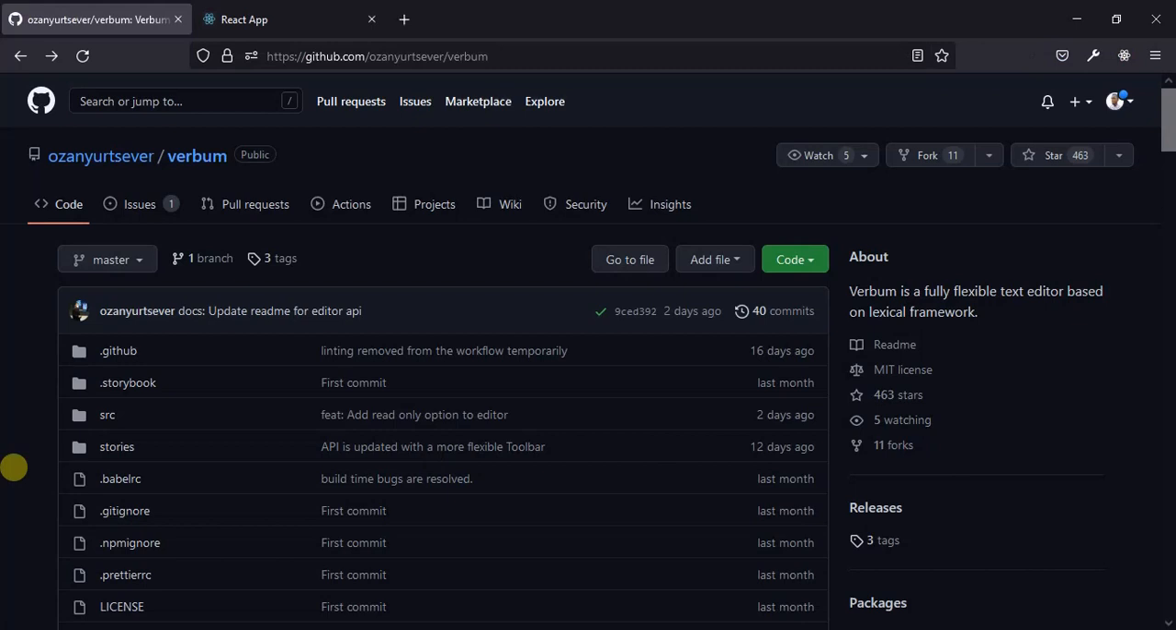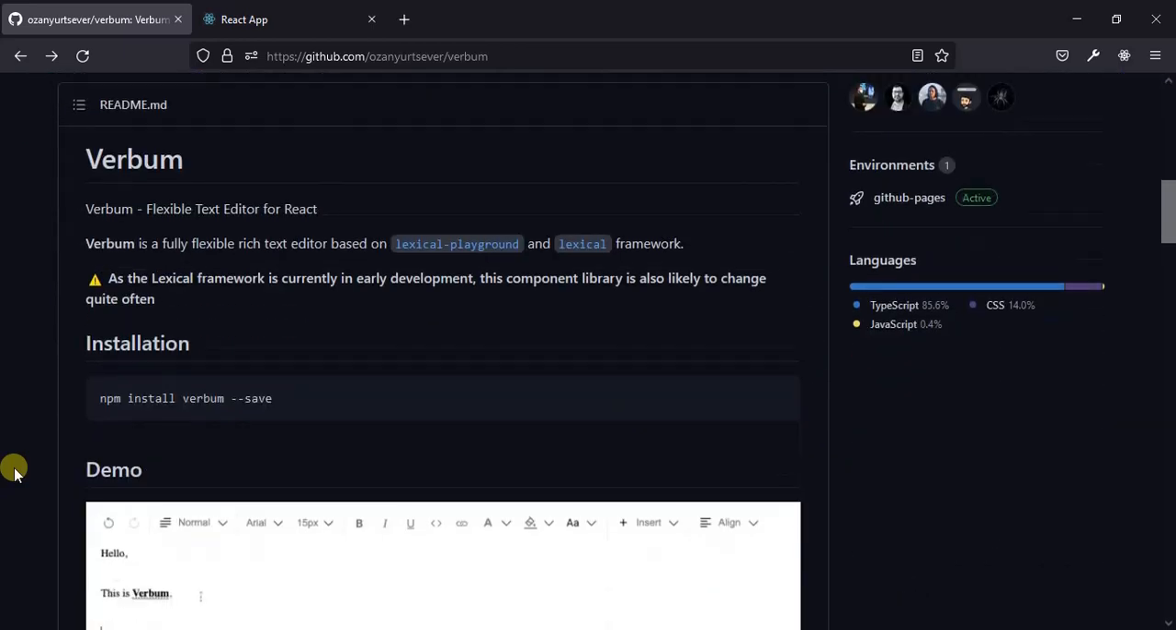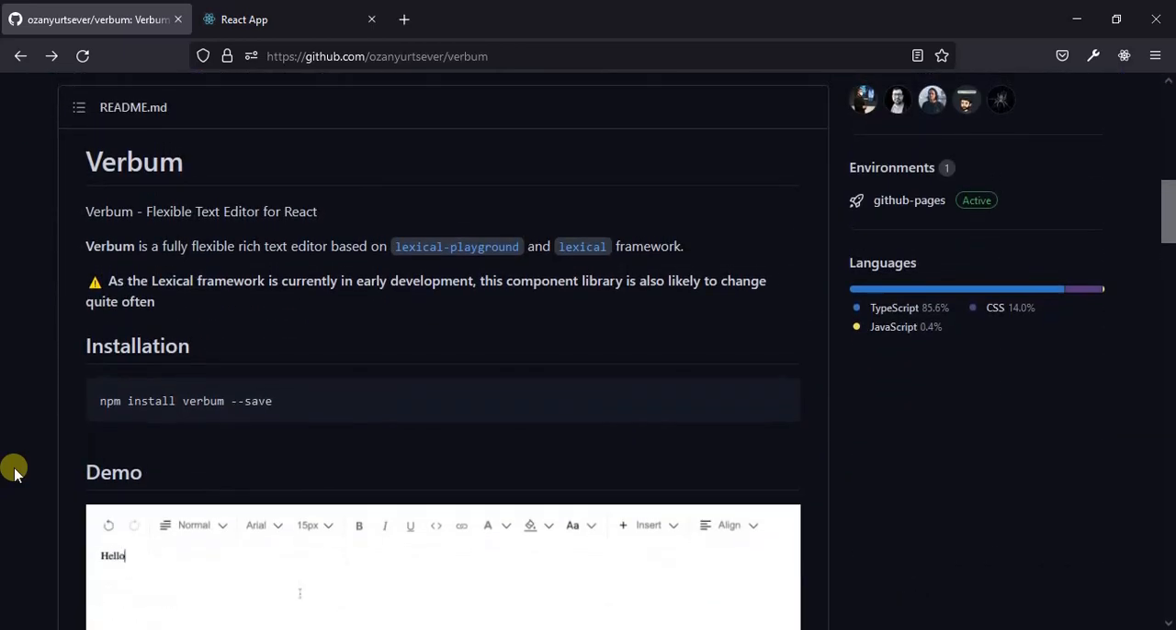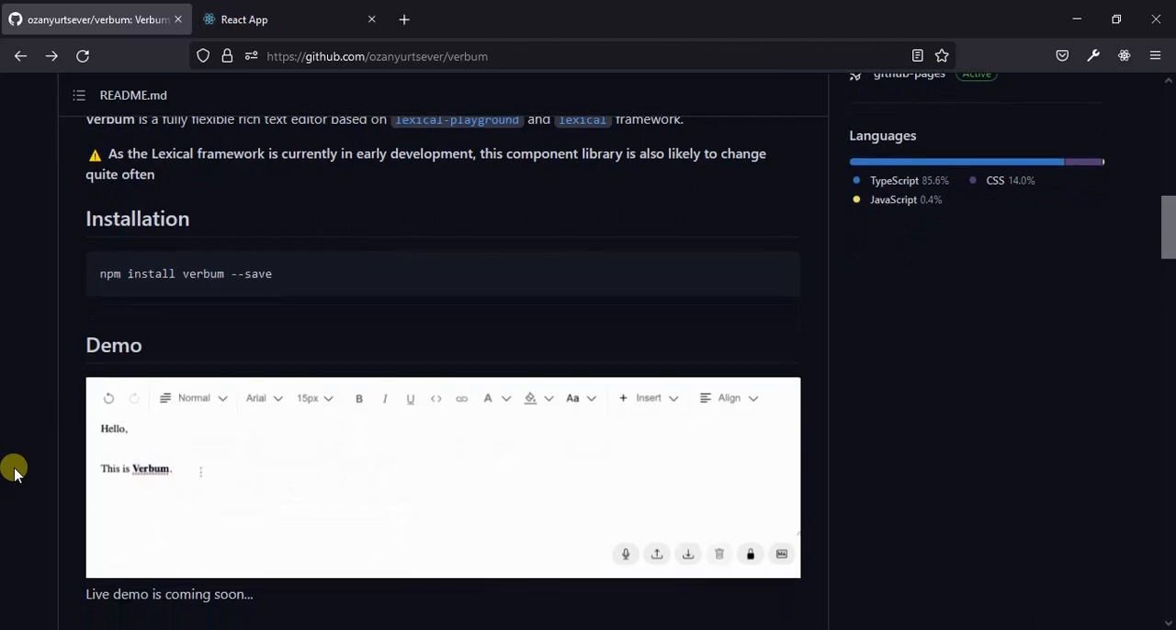I'm currently on the GitHub repository of Verbum. If you go down here, you see the quick introduction of Verbum. It is a very flexible text editor for ReactJS, and it is based on the Lexical playground and Lexical framework. And one of the things I love about this library is that it supports